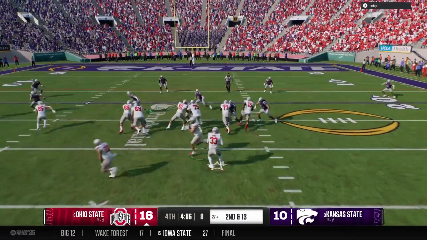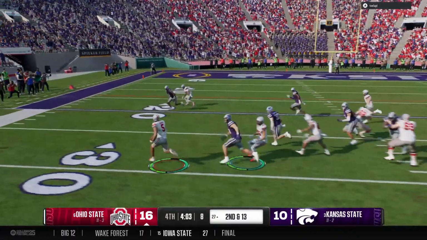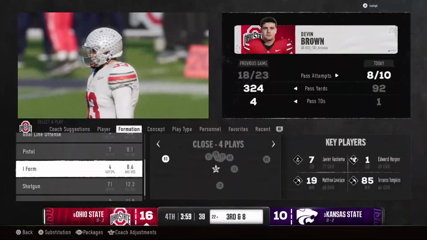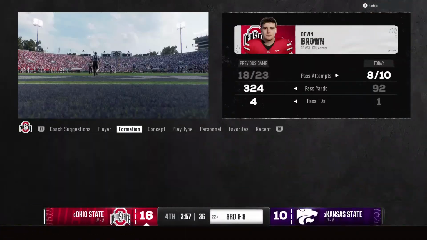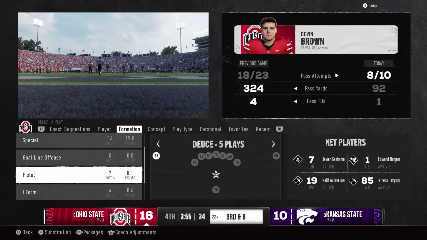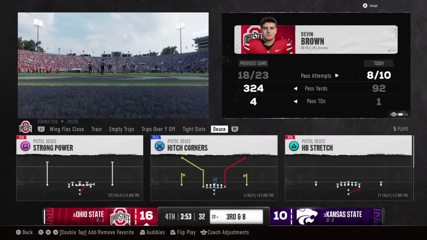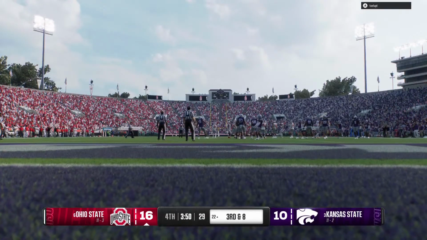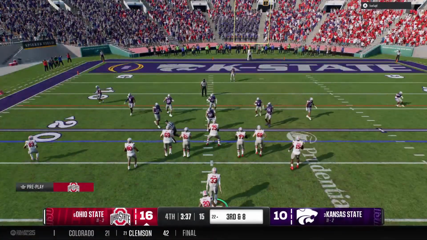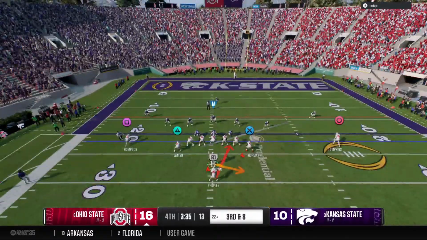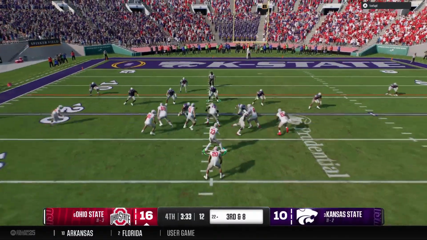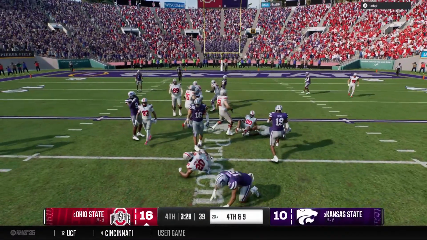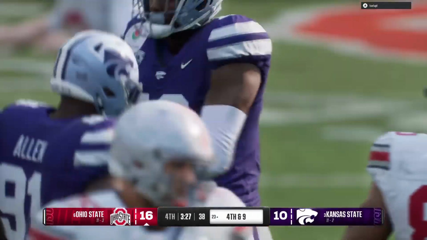A pop pass on the jet sweep. And a decent gain there before the defense brings him down. Boy, I'm a big fan of that jet sweep motion like that. It really forces the defense to stretch out horizontally and can create some vertical seams through this offense. They got some positive yards. Didn't quite get the first down, but I'll tell you what they've done. They planted a seed on this defense, and they better defend this style of play moving forward. Use the running game to chew on this clock now. They'll stop him behind the line for a loss of 1.